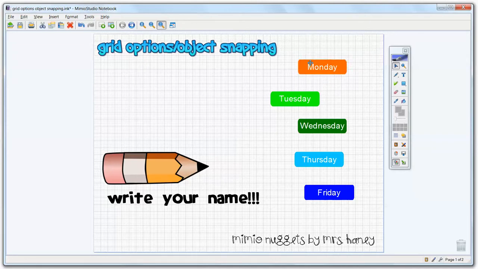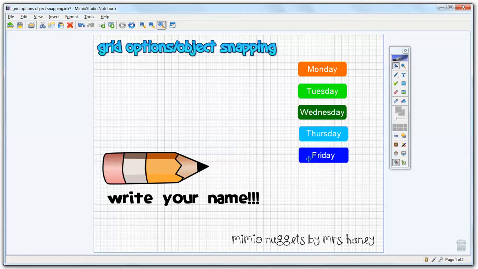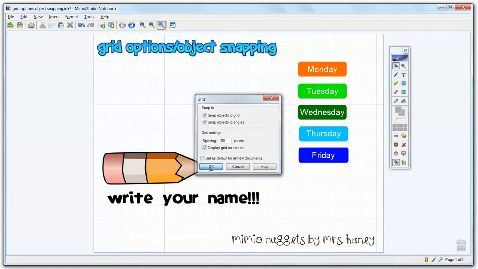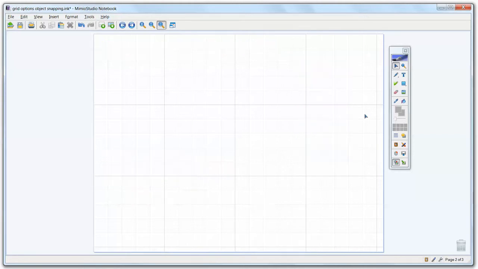But I can now use this grid to kind of help me line things up, get them all in line, maybe have them be about one space away. And that way they're all nice and neat and in a row. You can change those grid options by making your spacing, maybe we'll make it 50 points so that it's a lot wider. Now the only thing about turning on your grid like that, it's great if you want to use it